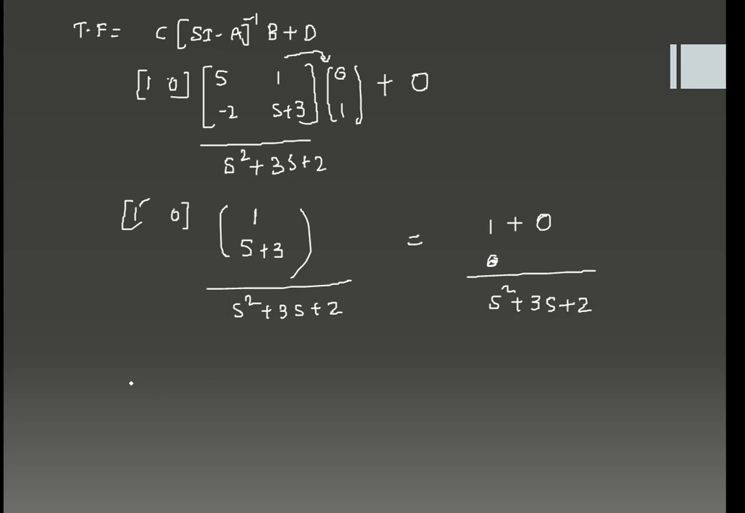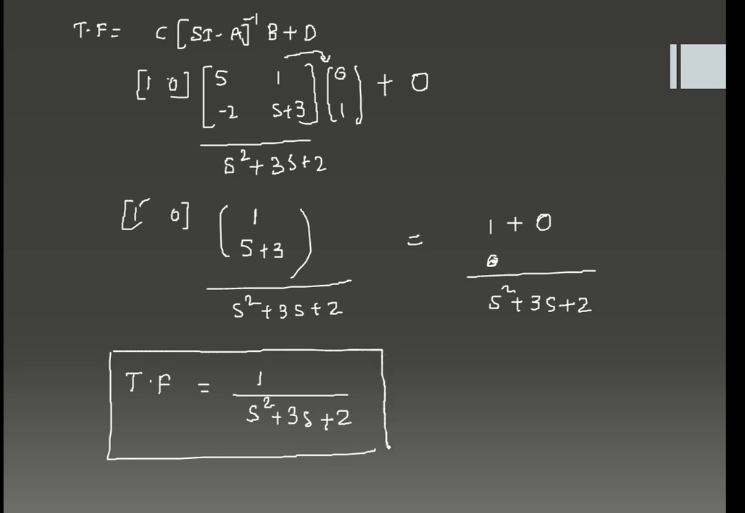So the transfer function of the given system is 1 divided by S square plus 3S plus 2. So in this way we are going to find out the transfer function if they give the state space equations. So thank you all. Hope you get some knowledge about how to calculate the